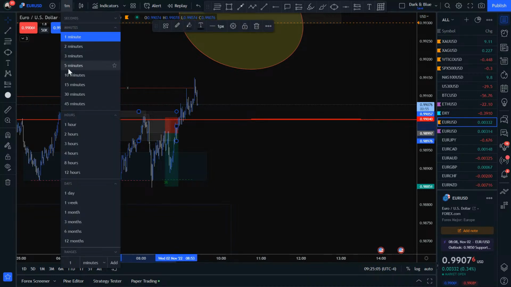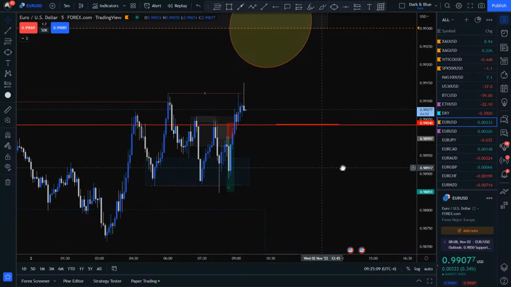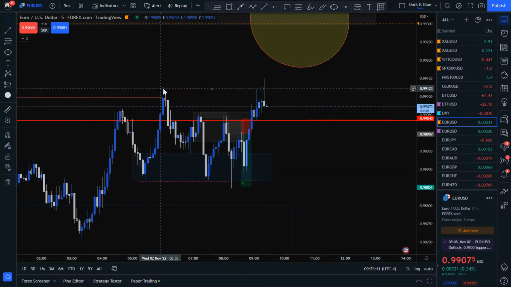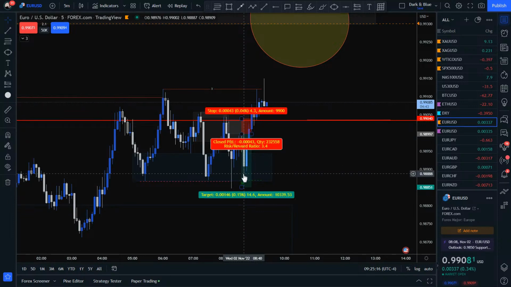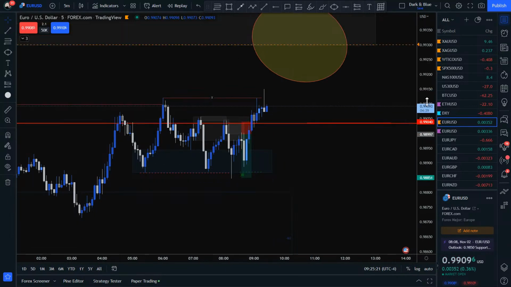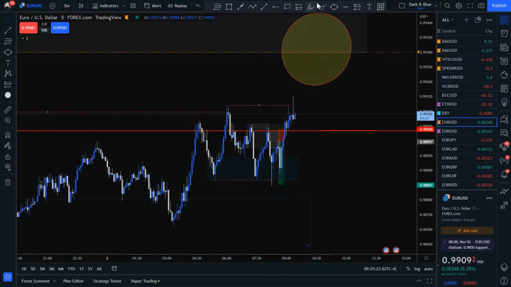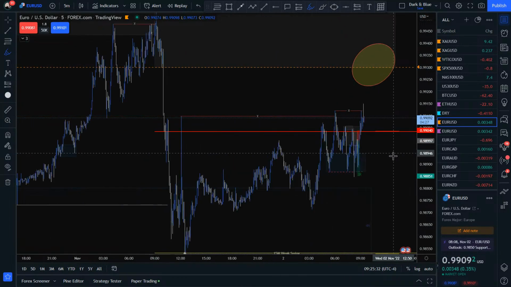So with supply failing, let me move this over to the side here. Let me look at this on the 15 minute, on the 5 minute. Looks a little clearer, right? With supply failing here, we didn't get a break and close above that. That's interesting to note. All right, we have demand down here, and if price comes down here, could you take a buy up here? You could. Yes, you could. Would you be justified in doing that? Because the order flow seems to be bullish